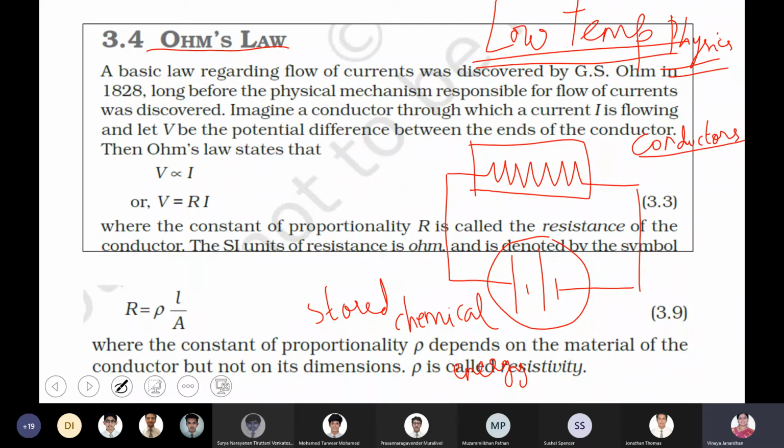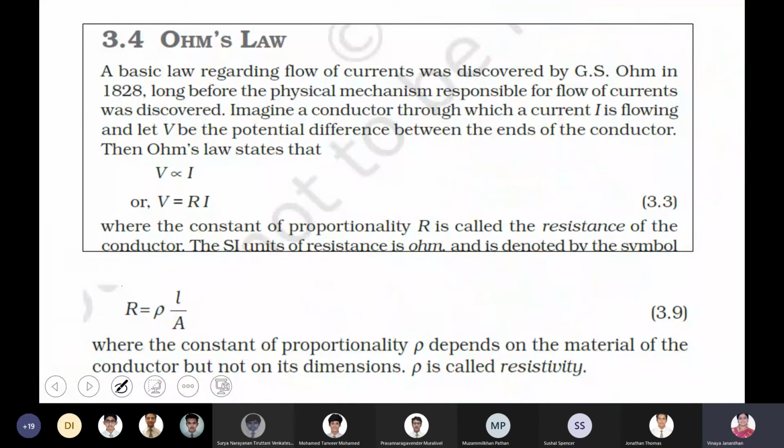It will make the electrons flow to the end connected to the negative terminal. The energy stored is going to do work in pushing the electrons from one end to the other end. Is that clear, boys? So the work done is the measure of the potential difference. You know what we mean by potential difference?